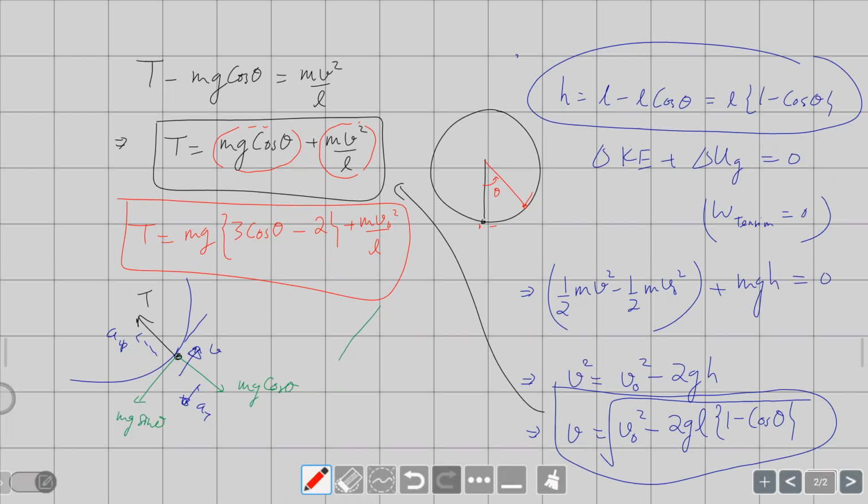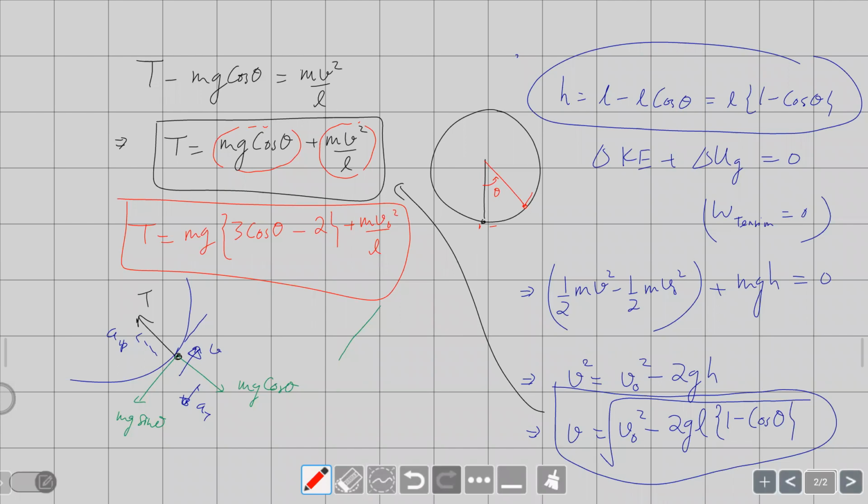Or you have a situation like this where a particle is attached to a thread or a rod or something like that. Basically a pendulum kind of thing, but you can give it enough velocity that instead of a pendulum it completes the vertical circle. But in either case, what is happening? Tension will always act perpendicular to velocity. So there it is normal reaction, here it is tension. So both these self-adjusting forces adjust according to the circular motion such that their direction is always perpendicular. So work done by them is zero. So in both cases, mechanical energy is constant, as long as there is no friction involved.